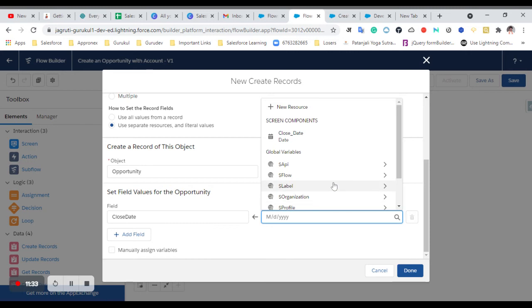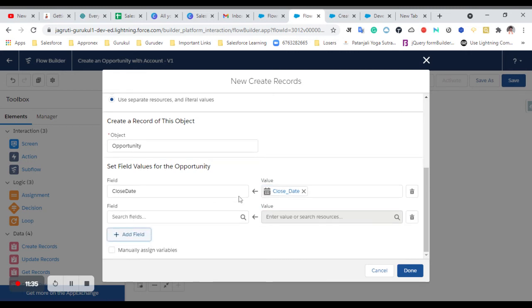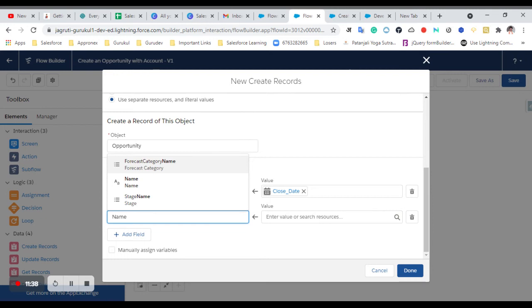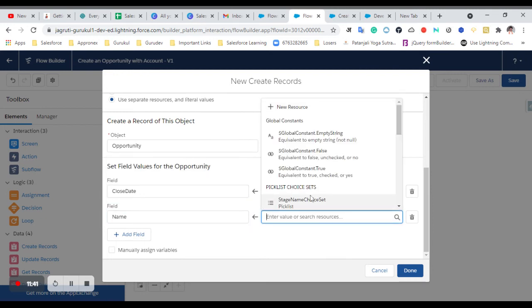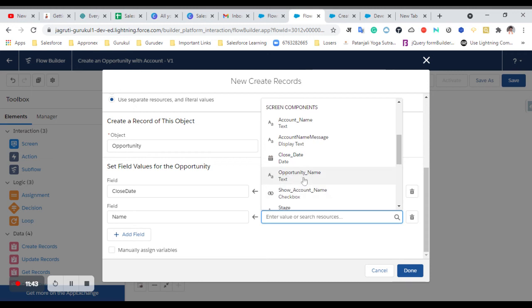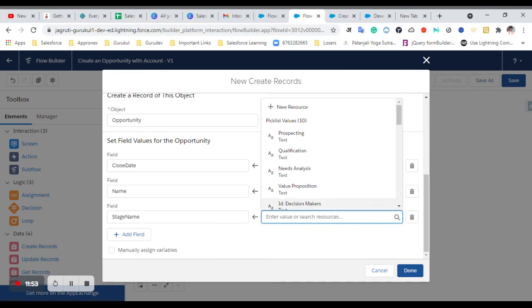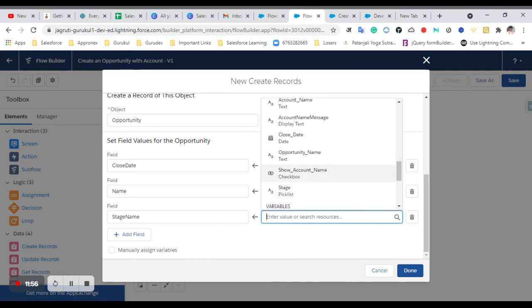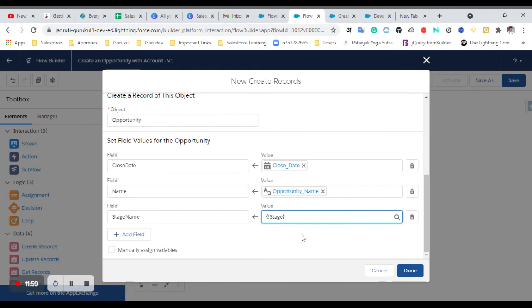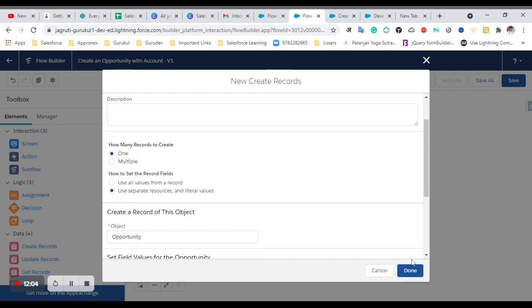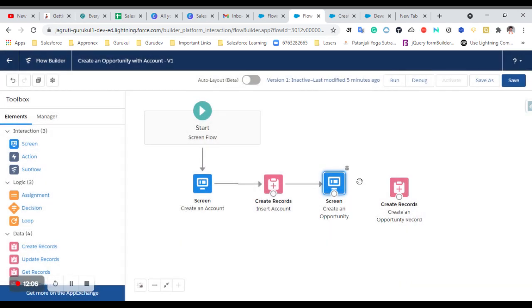Close date, we have close date. One more name, opportunity name. So we'll just give opportunity name. Then I will use the close date. Sorry, stage name. So we have the stage name also. Yes, stage as a checklist. So everything looking great. I'm just clicking on done, save,